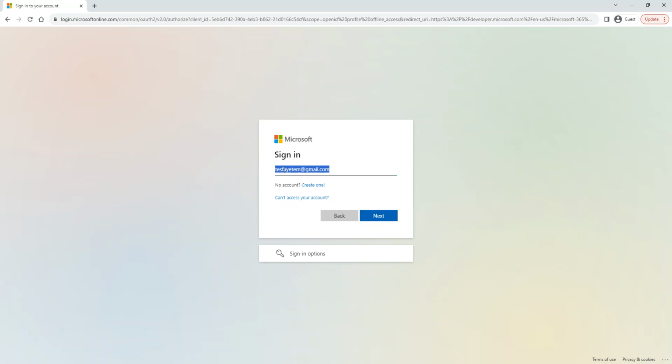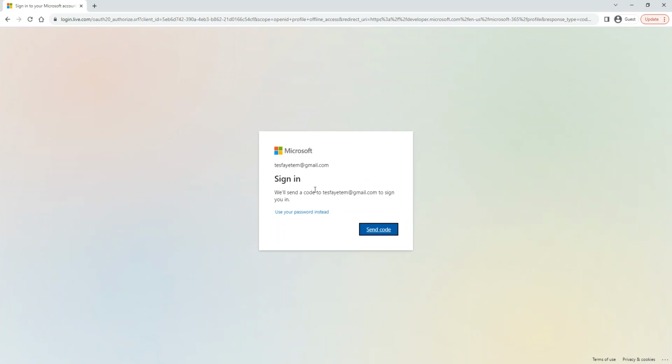It will use your Gmail and let you create an Office 365 email with it, which is what they call trusted authentication, so you can log into Microsoft using your Gmail. When I click next, as you can see, it sends a code to my Gmail. If I go to my Gmail account, it says it already sent a code.